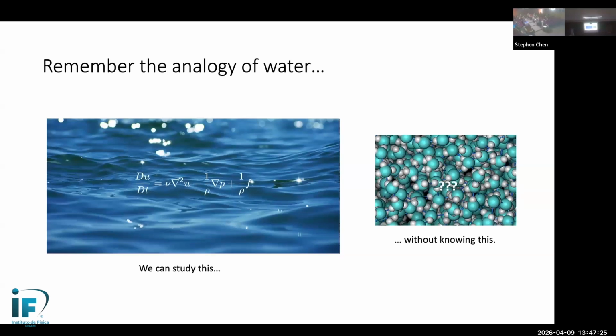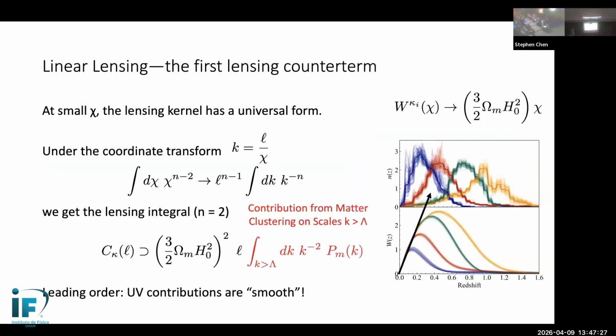I will skip this so you get the picture. There should be a simple form. In fact, we can do the simplest limit. As chi goes to 0, the lensing kernel for any sample of galaxies is linear in the comoving distance chi. You can see, for example, in DES, for all their galaxies, that all these curves converge to a straight line at very, very low distances.